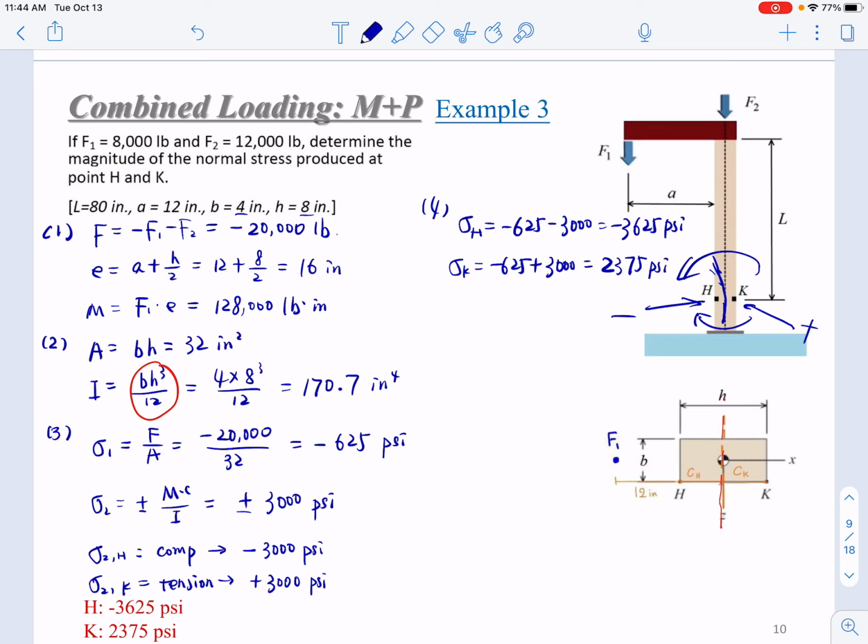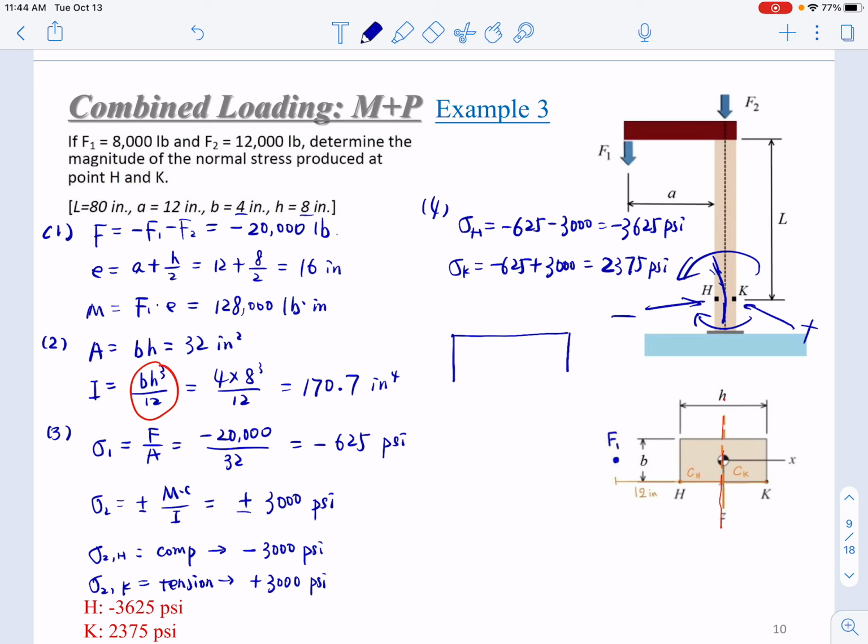Okay, so in some cases, you may also need to find the location where the stress is zero. So, how to determine that point? We just draw the distribution. So on the cross section, you have a distribution at the left end. It is